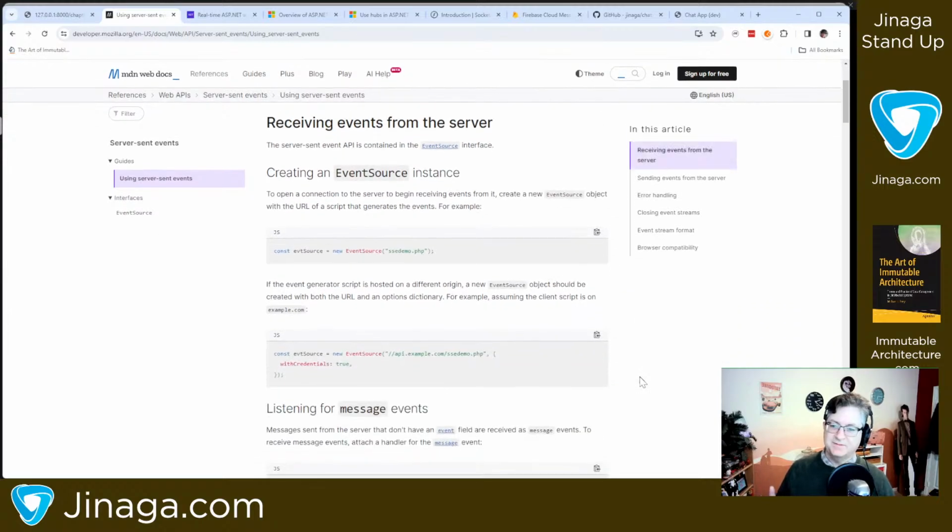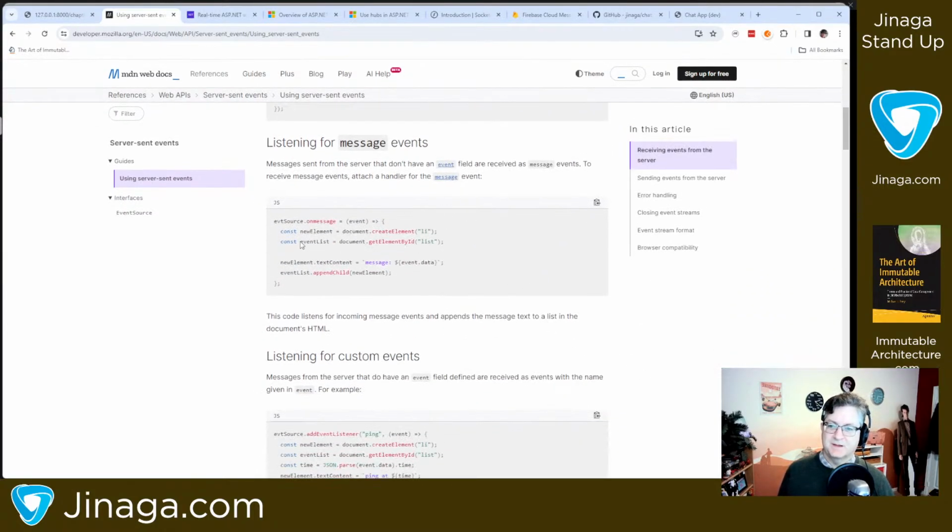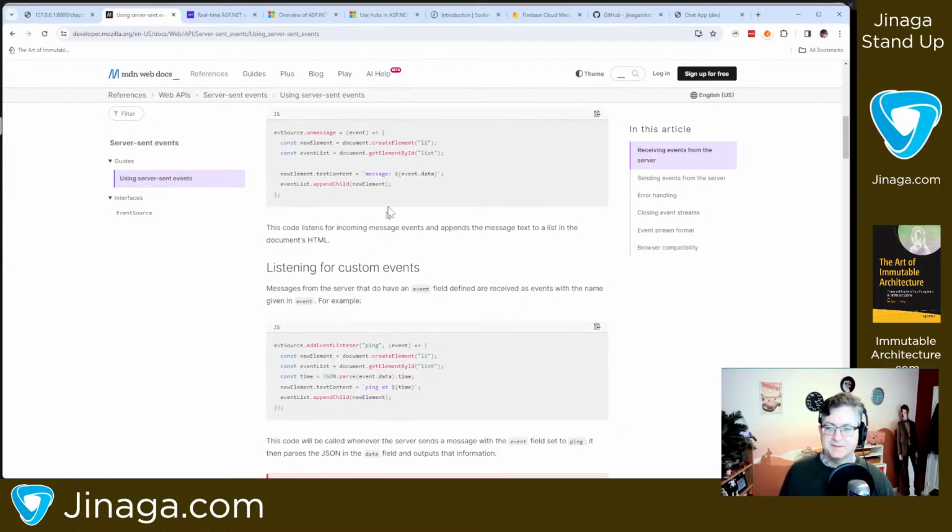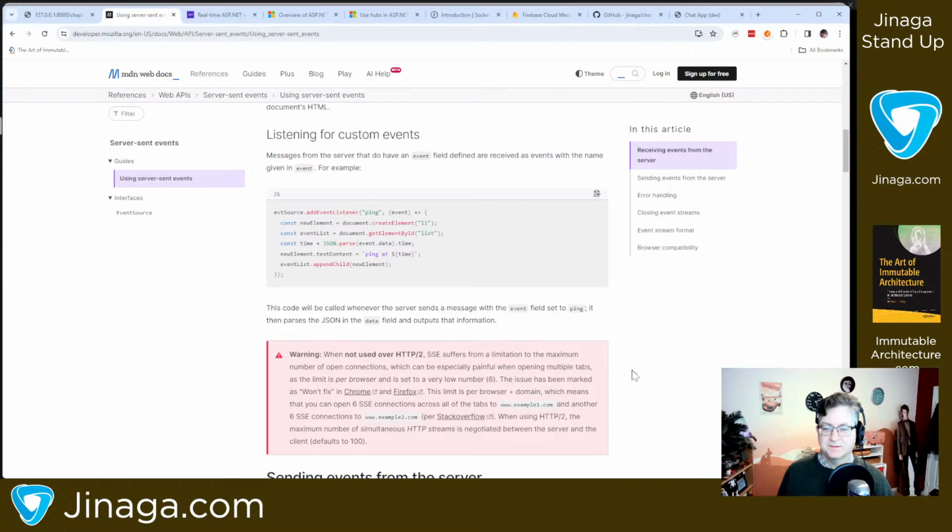Server-sent events have a client that is built into the browser. You can just use that client in order to receive messages. They're pretty ubiquitous, pretty well supported by various browsers, but